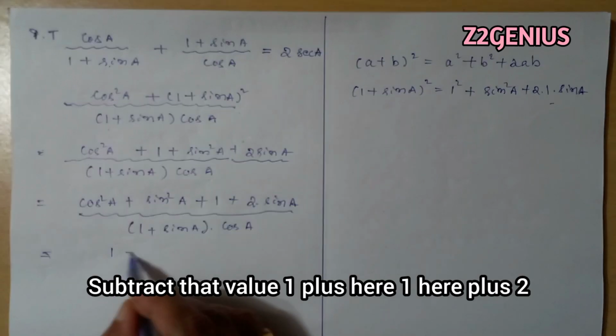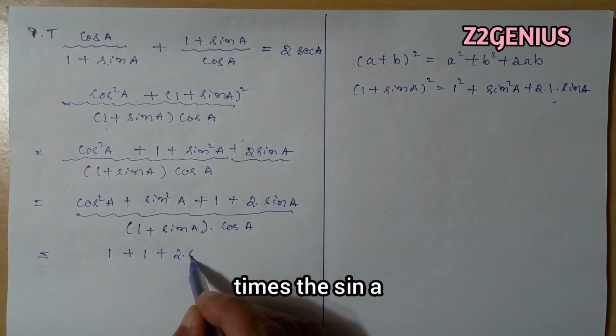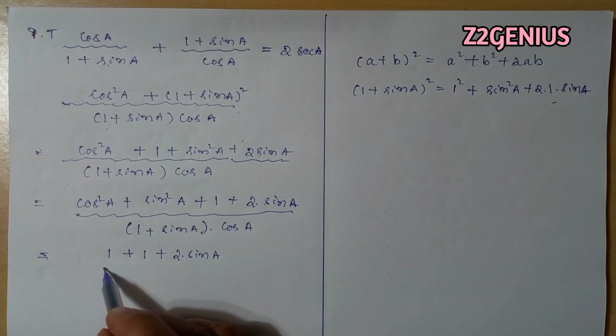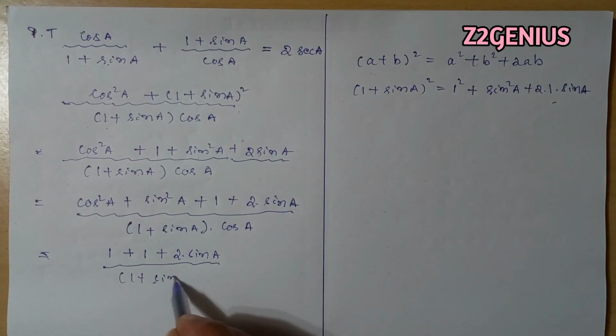Substitute that value: 1 plus, here 1, plus 2 times the sin A, divided by 1 plus sin A